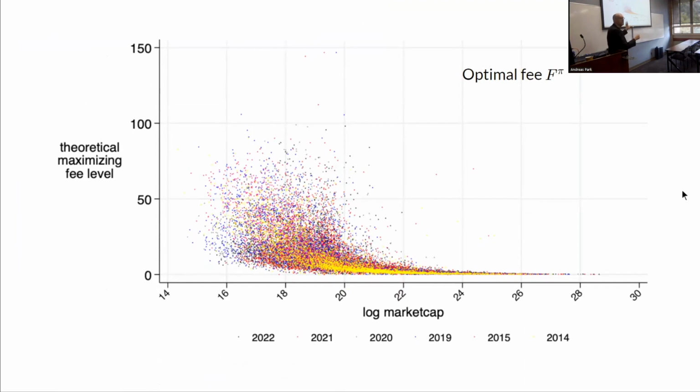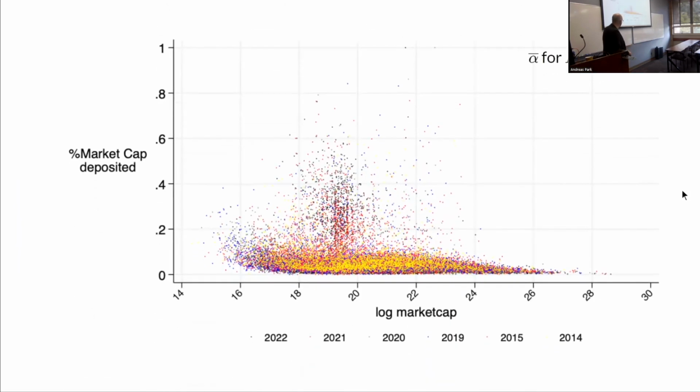I have a table which I'm going to show just to get a sense of it. For the small stocks, for the smallest decile, it's roughly 30 basis points. And for the largest decile, it's roughly 0.7 basis points, right? But there is a fee that's available. And now if you look at those days, the first question is, how much do we need to